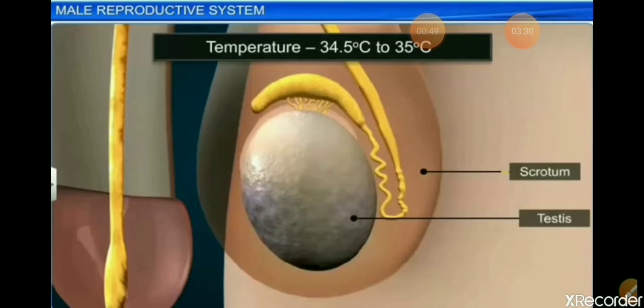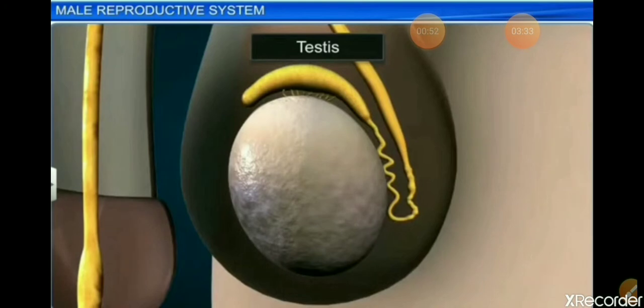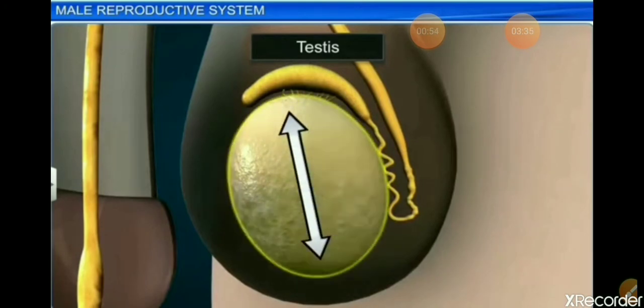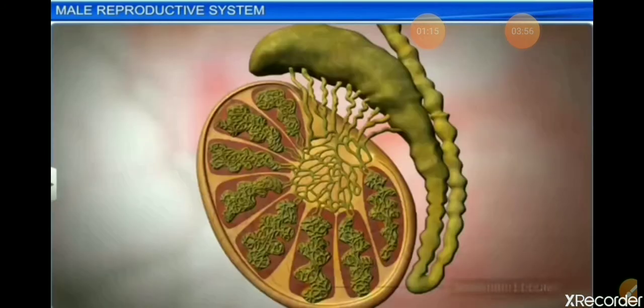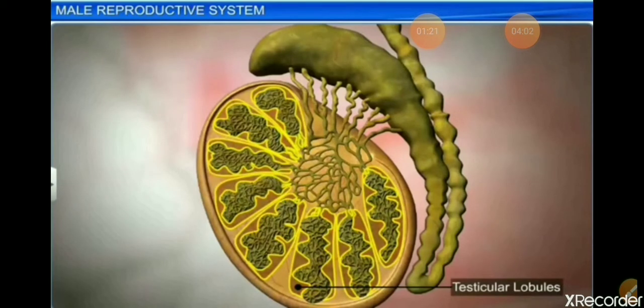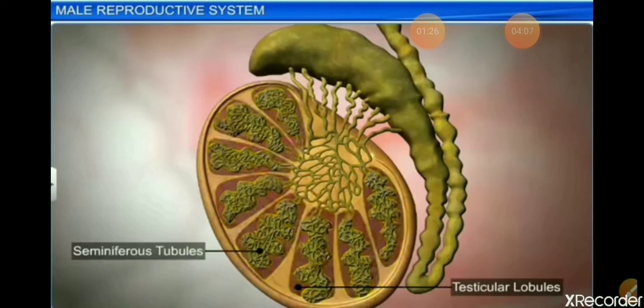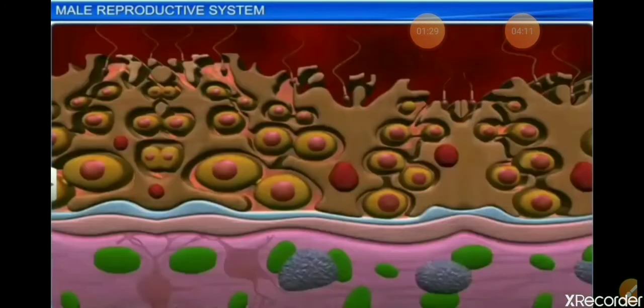Can you see that? Okay, when you see the cross-sectional view of this testis, the highlighted portion, the length is 4 to 5 centimeters and the width is around 2 to 3 centimeters in adults. The testis is covered by a dense covering, just to provide the lower temperature needed for the spermatogenesis process. You can see many compartments, around 250, inside the testis, called testicular lobules. Each compartment will have